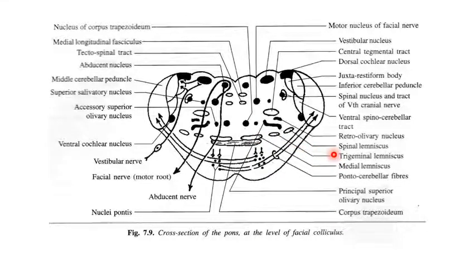Second is the trigeminal lemniscus. Trigeminal lemniscus lies lateral to medial lemniscus and it is formed by second order neuron fibers arising from the principal sensory nucleus and spinal nucleus of the trigeminal nerve. It's very easy. These are the fibers from the sensory nuclei of the trigeminal nerve and from the opposite side. These are all contralateral fibers. Fibers of the trigeminal lemniscus are contralateral, so they arise from the opposite principal sensory nucleus and spinal nucleus of trigeminal nerve.